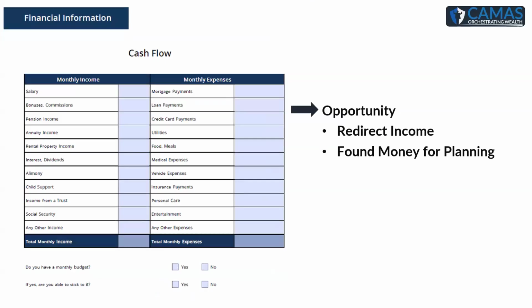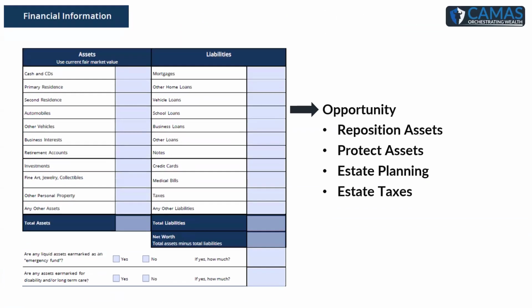If you start looking at their cash flow, number one, do the clients understand their cash flow? Do they understand what their expenses are? This is a great way to help them find money for the planning. If we can help them reduce expenses, redirect income, this is where, if we understand their cash flow, we can start helping them build for a better future by redirecting it into the right places. Help them get their debt paid off, then refocus that debt payment after it's paid off into something that's building assets. So it's a good place to understand their cash flow so that we can do more planning.